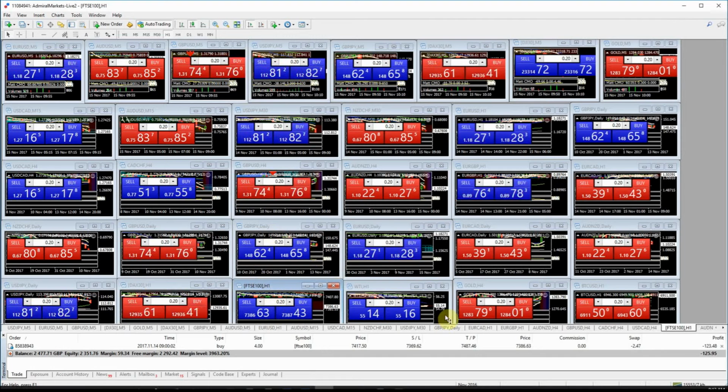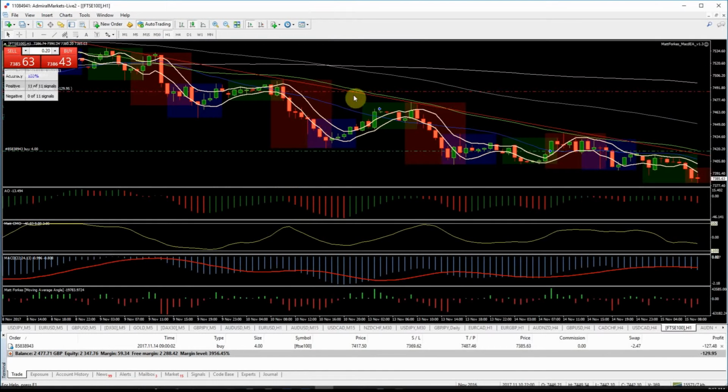We are still in this FTSE 100 from yesterday morning, and we've held it overnight. I'll go through some of the analysis now. We've had no other trades. We had the two winners yesterday on the dollar CAD and Aussie dollar, and we've been holding out on this FTSE. So we got in yesterday, we had the run up, and we were looking for a break of this